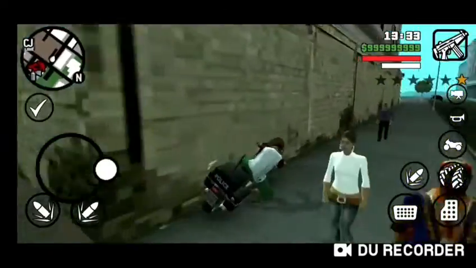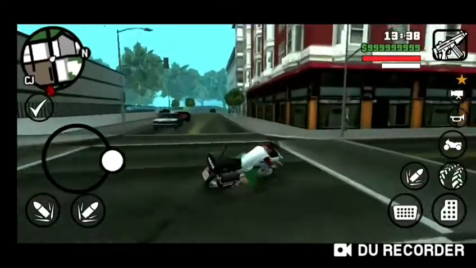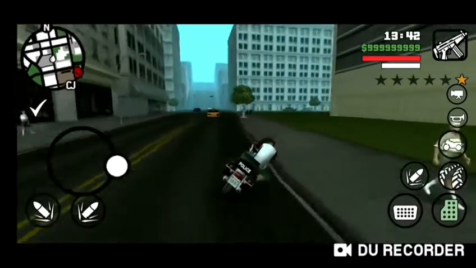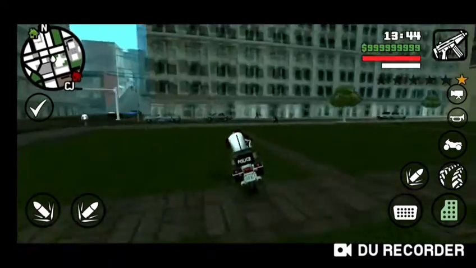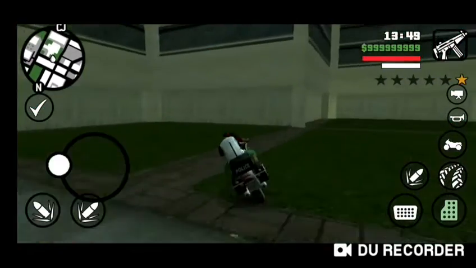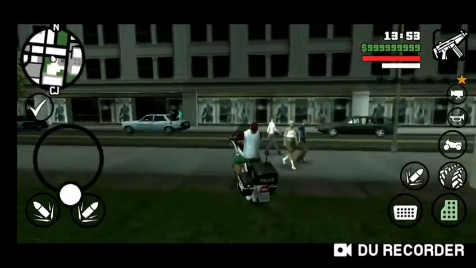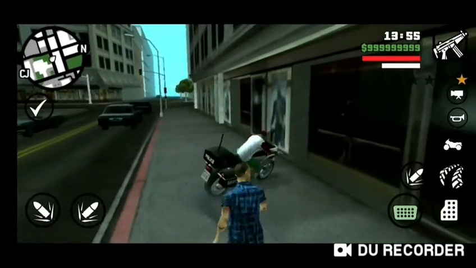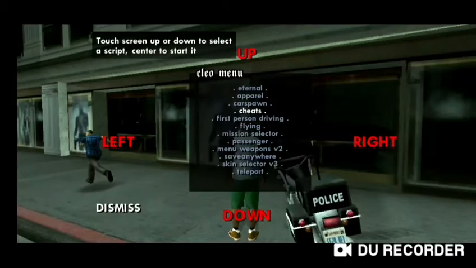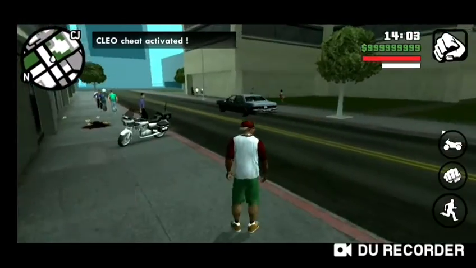Like the missions in which you have to use a bike to follow someone, or a race with bikes. I don't know if they have a race with bikes. Maybe they have a race with bikes. So this mod will help you a lot. You go and ram yourself down, and you are not gonna fall. I repeat, not at all. Even if you just rotate. So this was our never fall off a bike mod. I'll just take down the wanted level again.